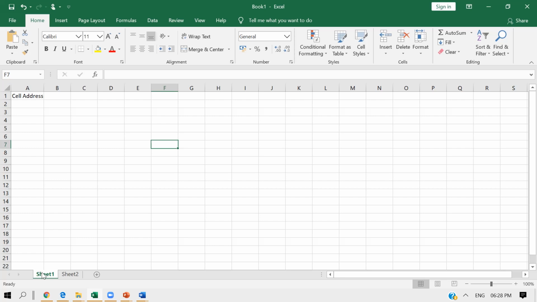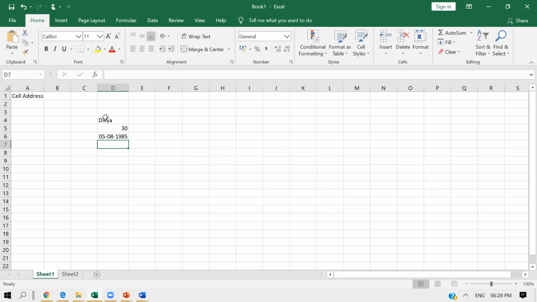Now there are various types of data that you can enter in your Excel sheet. You can enter text data, like suppose I write my name here, Divya. Then you can enter numeric data, so I can write 30 here. Then you can enter date and time, so I can write, suppose, 5 8 1985, and that becomes a date.